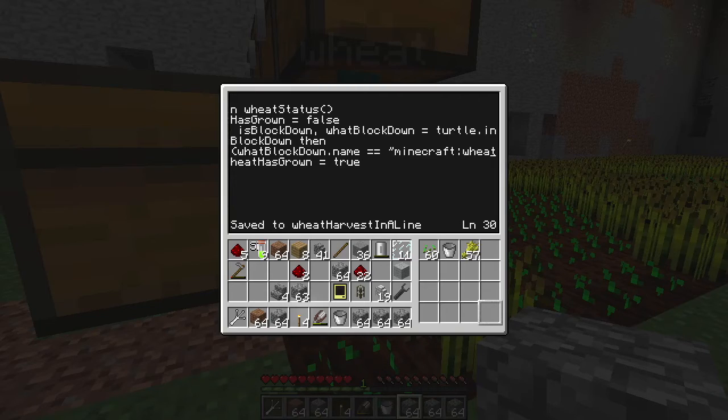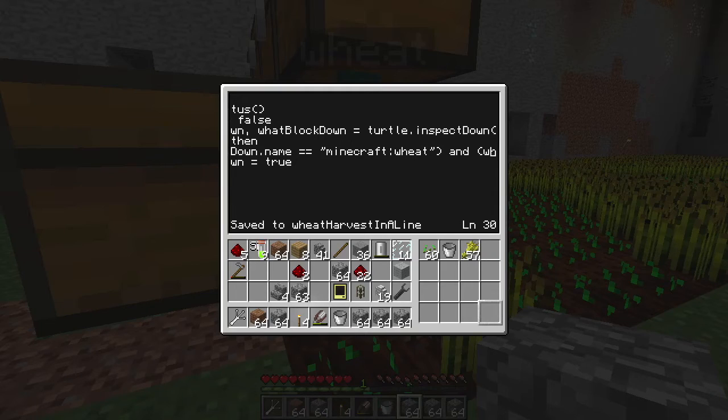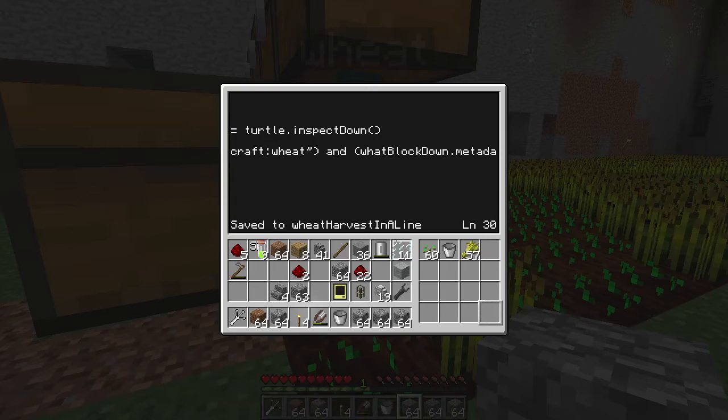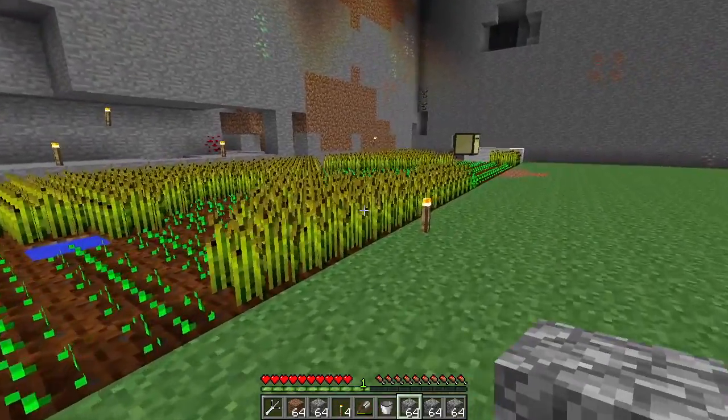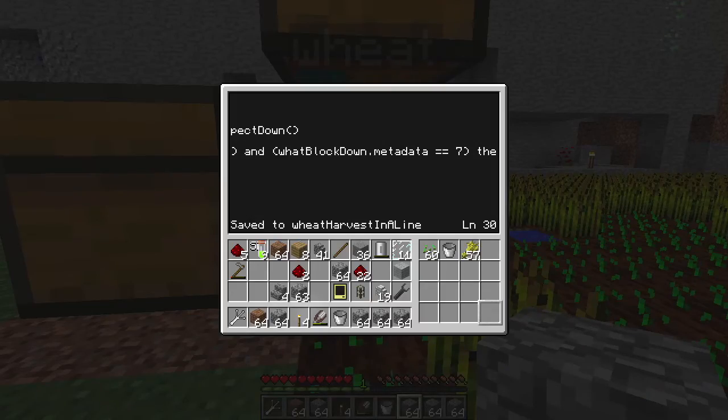So if the name of the block that is down is minecraft:wheat, and that is just in case it ever changes for some reason. And if the metadata of it is equal to 7, because remember, wheat that is fully grown is equal to 7. So in other words, this part could be said to say if the wheat has fully grown. It first checks if there is a block, then if that block is wheat, and if the wheat is fully grown,